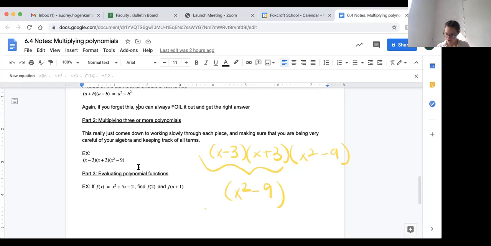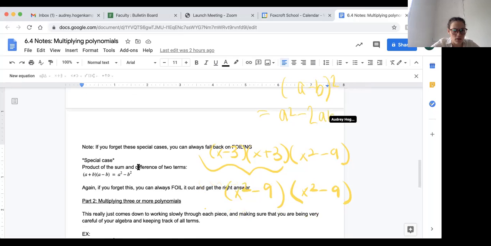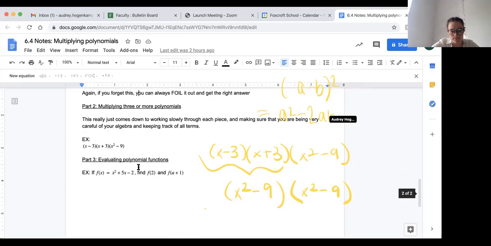And then my next term I'm going to add on is times x squared minus 9. So that's kind of a funny thing there. So we'd have x squared minus 9 times x squared minus 9. And in this case, we have the one where we had a minus b quantity squared. And we know that a minus b quantity squared is equal to a squared minus 2ab plus b squared,